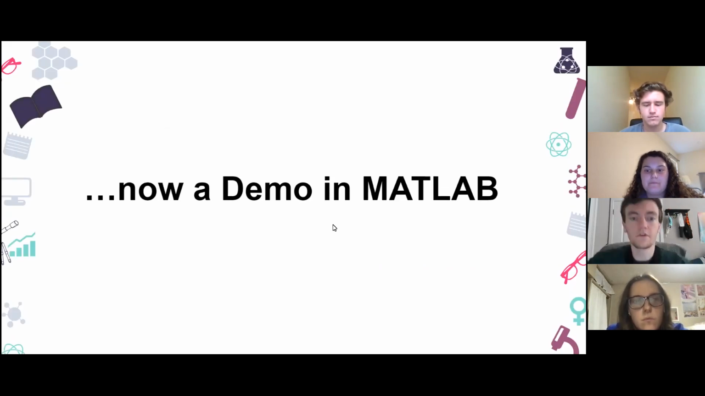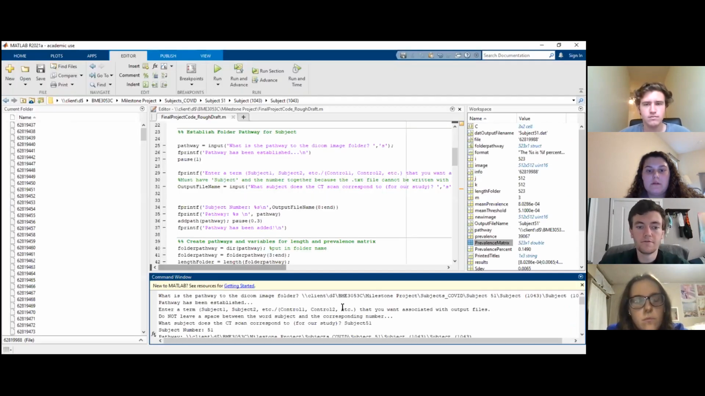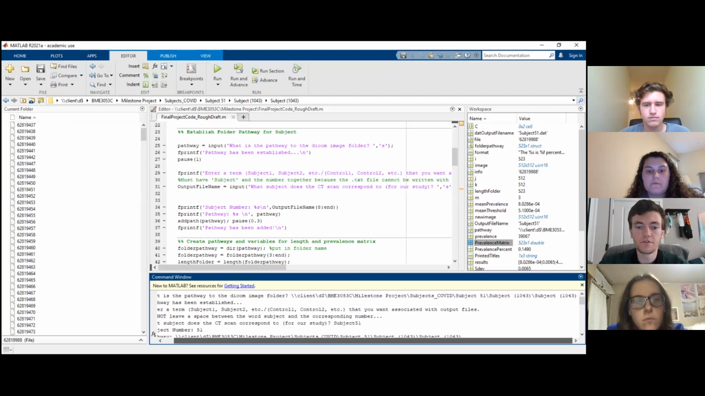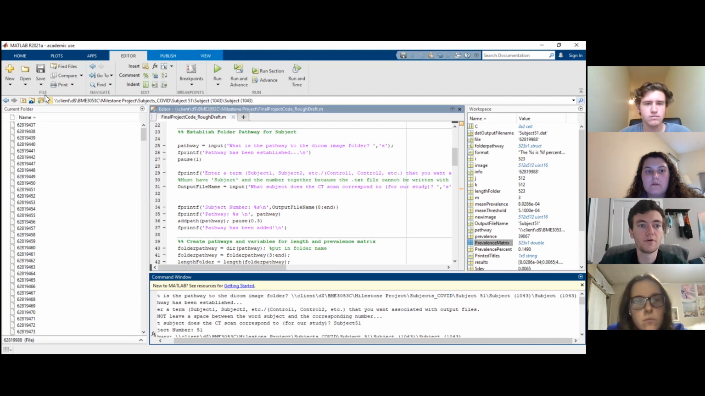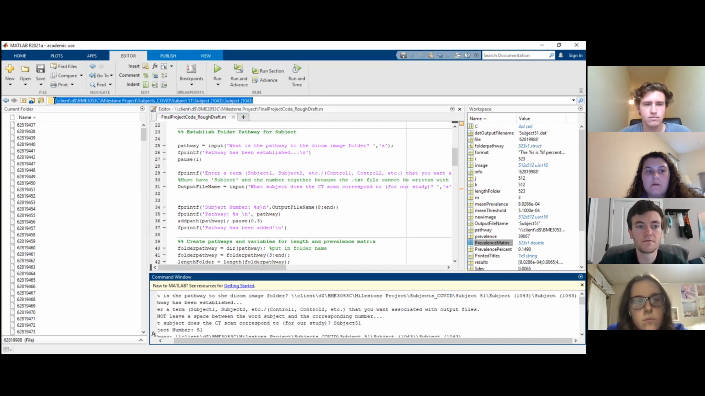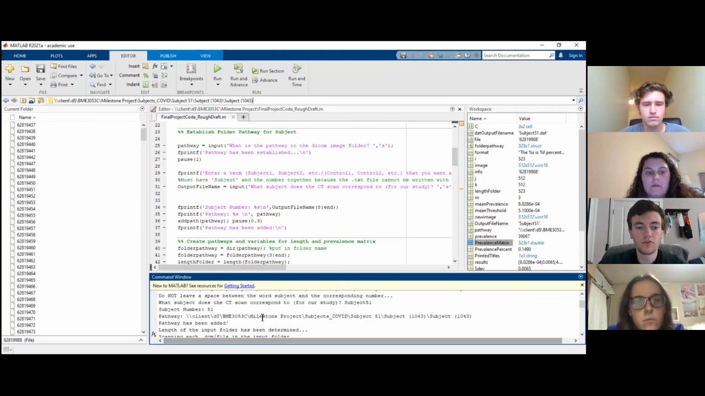Now it is time to look at the demo within MATLAB. So for our code, the first thing that it requests of the user is the DICOM image folder. You can find this by going to this spot within the window and copy and pasting this folder pathway. Once you copy and paste it within the command window, it'll prompt a question about which subject the